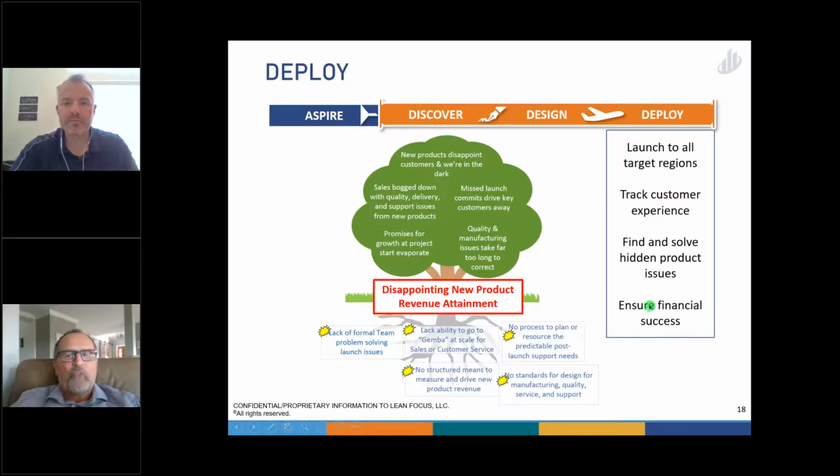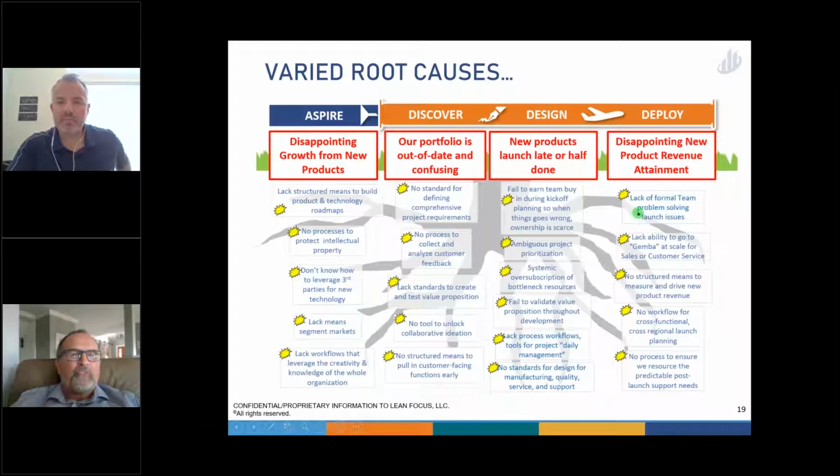In the interest of time, I'll keep moving, but I hope you get the idea, and I hope at least these symptoms resonate with you. They're common problems in innovation. If we look at all of these root causes, there's a lot, right? Depending on where you are, your organization, there's a lot of root causes. And so how do we deal with the fact that there are so many? Now, I want to say here for a moment, in a few slides, we're going to talk about, hey, we have a problem, we know what it is right now, and we can help you with that too. But most of this talk is about how do I look at the entire value stream, and how do I make the decision?